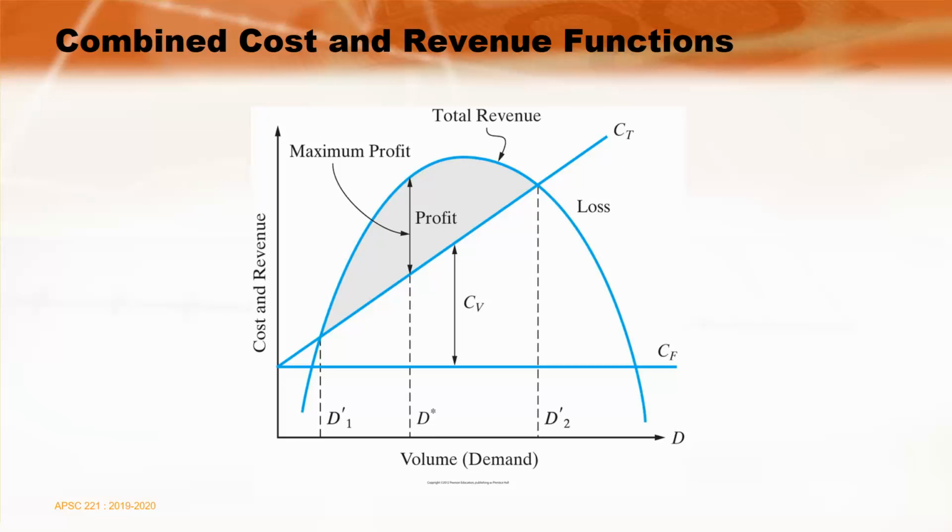And when you put these curves together, the CT, the line, and this looks like it's about a 45-degree angle, it won't necessarily be at a 45-degree angle, but that's for the purpose of this diagram. The total costs are the sum of your fixed costs and your variable costs. And when you apply that to the total revenue picture, it shows you that you're actually going to maximize your profit well before you hit that total revenue maximum. Visually, it shows you that at some point you will maximize your profit.